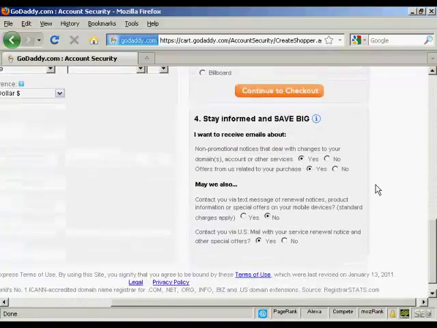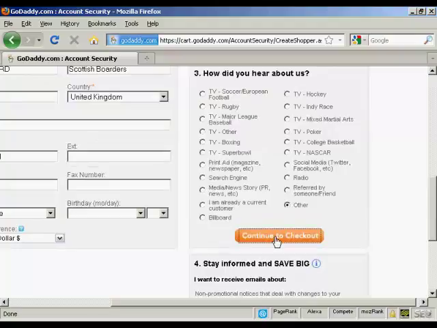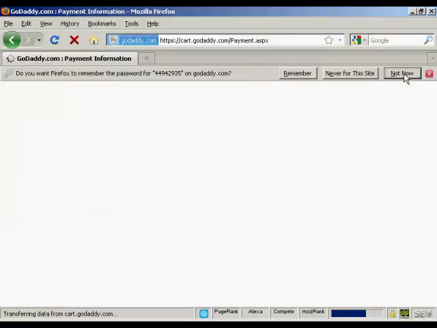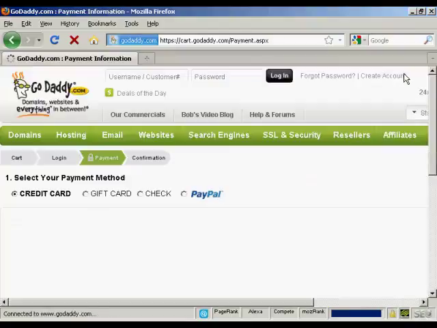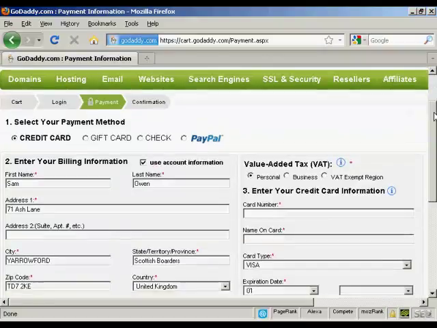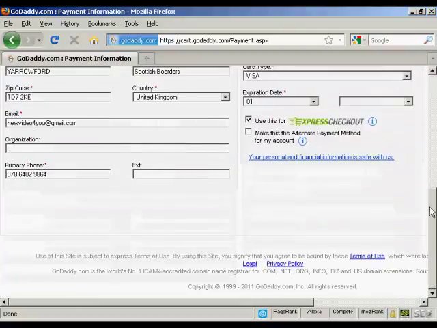You also can select whether you want to receive email messages and so on. I'm going to leave it as it is and just go Continue to Checkout. And I don't want them to remember that, so we'll clear that. And then it takes me to the final page where I enter my credit card or PayPal information